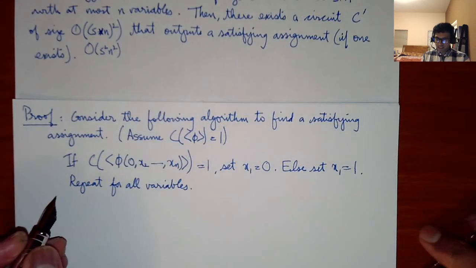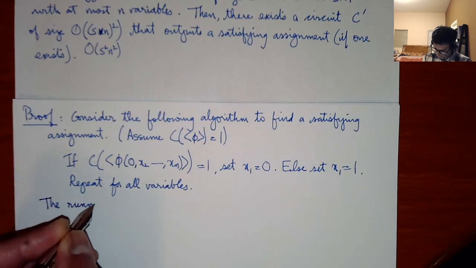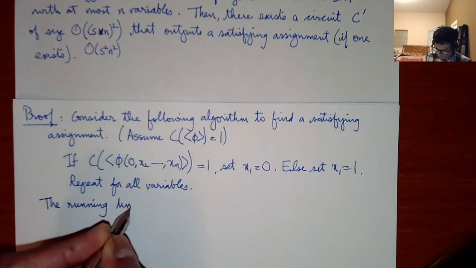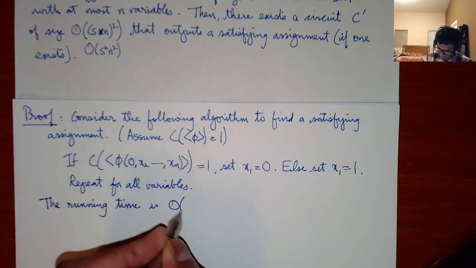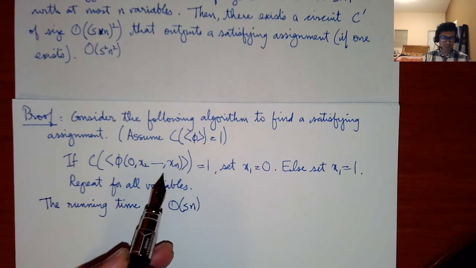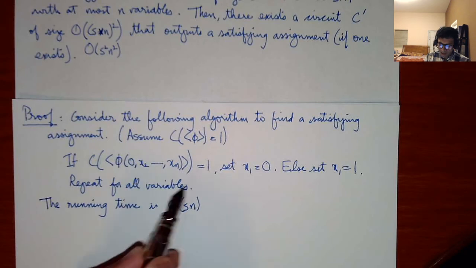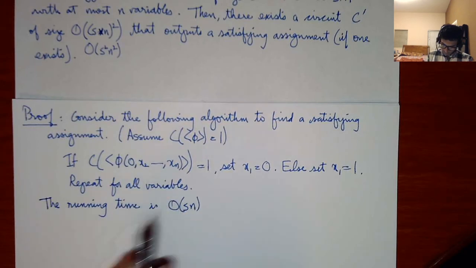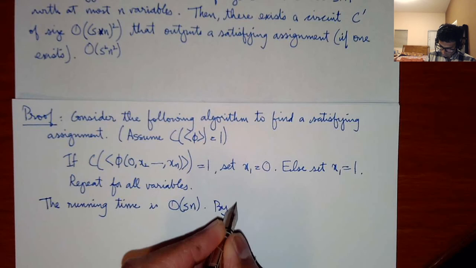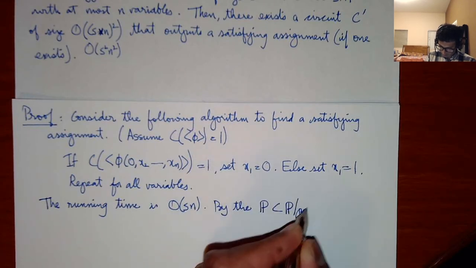Okay, so I just described an algorithm. The running time is O of S times N. It's O of S times N because you have to run the circuit. So imagine that there's an algorithm that actually ran the circuit. The running time of that would be S. And N is because there are N repetitions for all the variables. By the P is a subset of P slash poly construction,